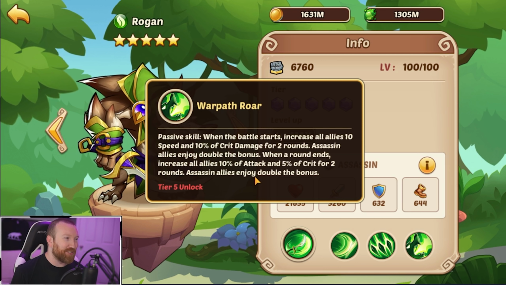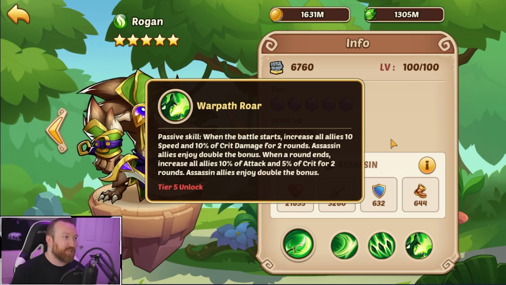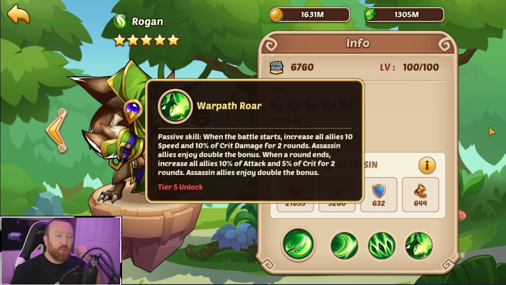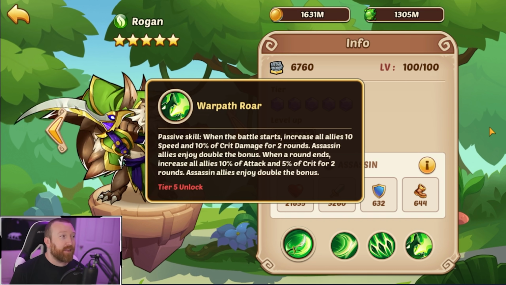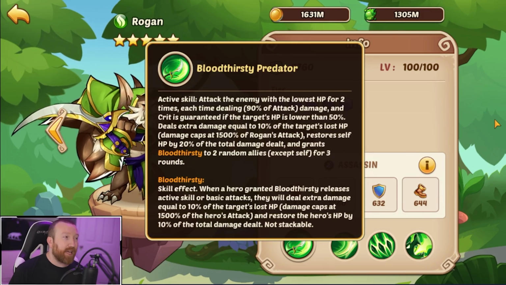I like how they say enjoy double the bonuses. Instead of they get double, they enjoy double the bonus. But this right here is absolutely huge. Just more stats added to your team. And then if that right there is not enough to just give your team more stats, his active ability gives